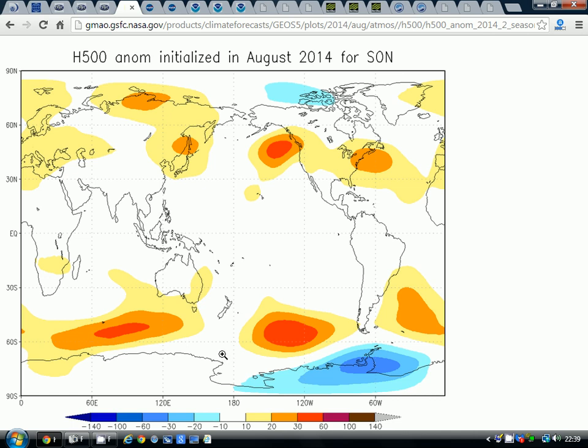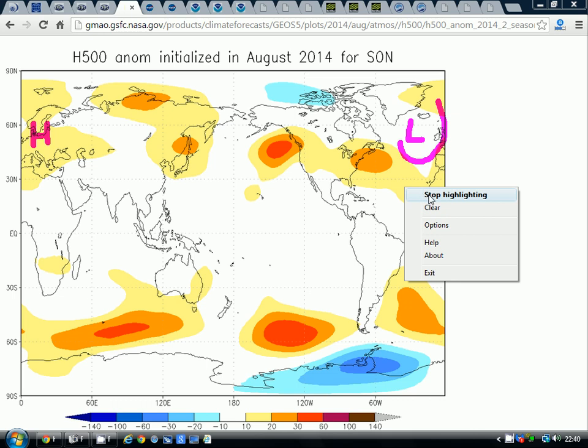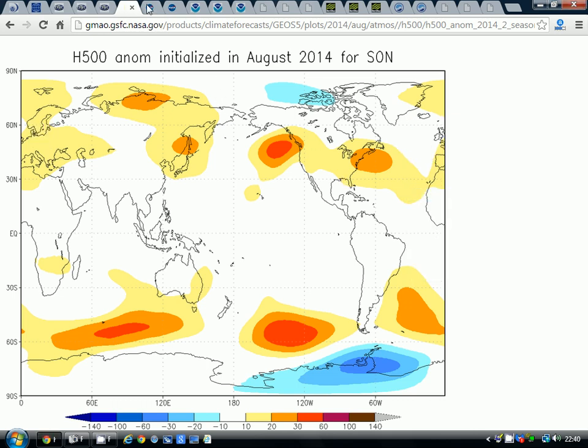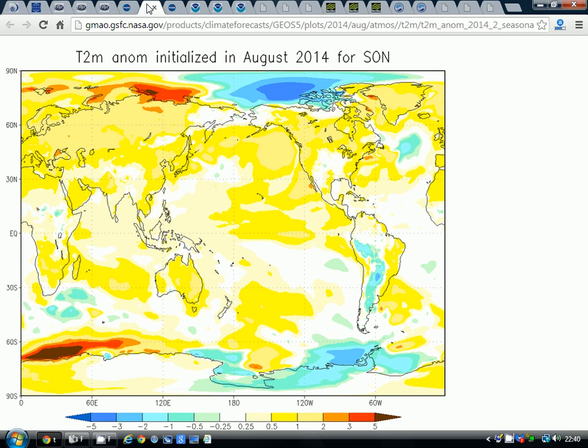NASA next. This is the experimental model from NASA. These are 500 millibar height anomalies, and the British Isles on this one is just over here as you're looking at it. And again, the idea is that we've got above average heights. I'll go to this side of the charts. Above average heights sitting to the east of the country, and probably below average heights presumably sitting to the west. The jet stream is probably doing something like that. So actually it's probably, I would suggest, quite an unsettled and probably quite mild signal for the autumn.